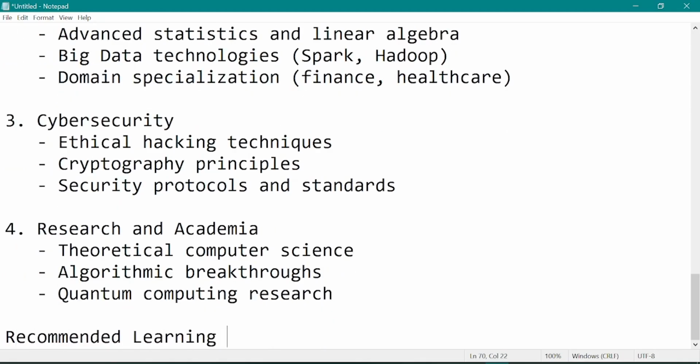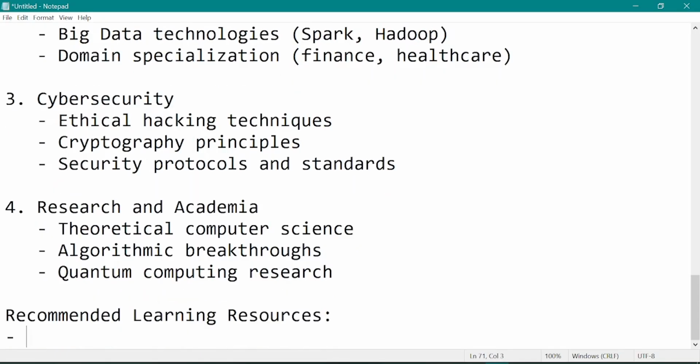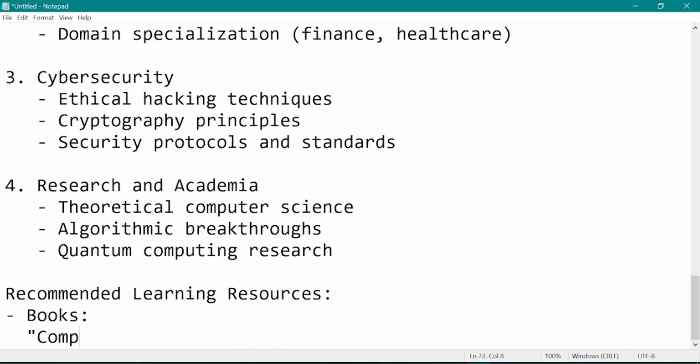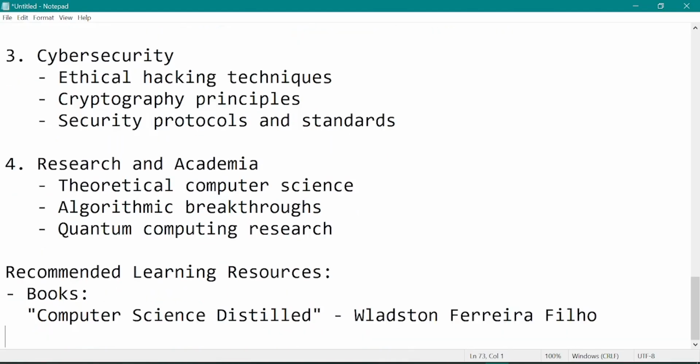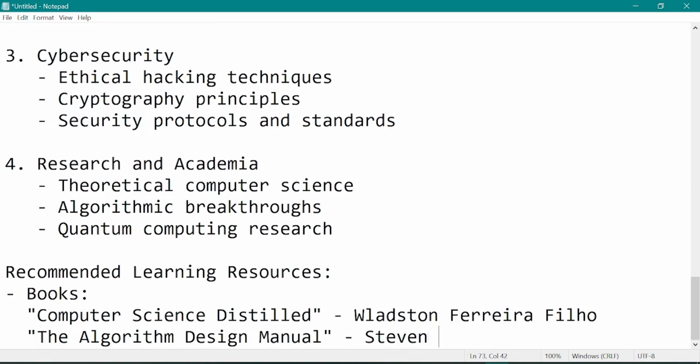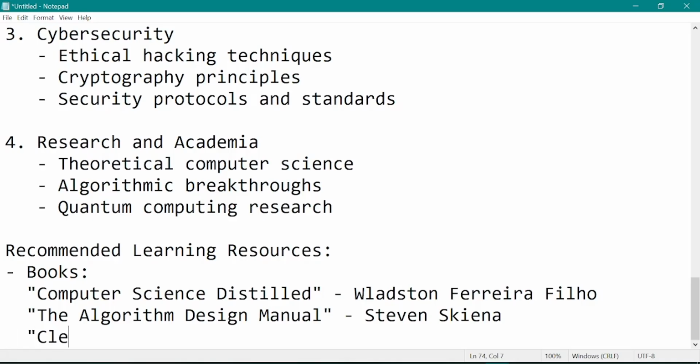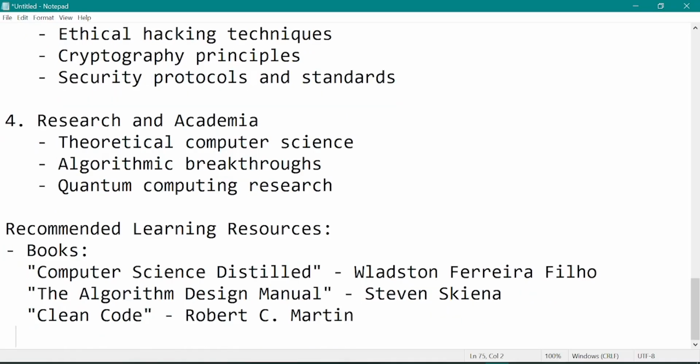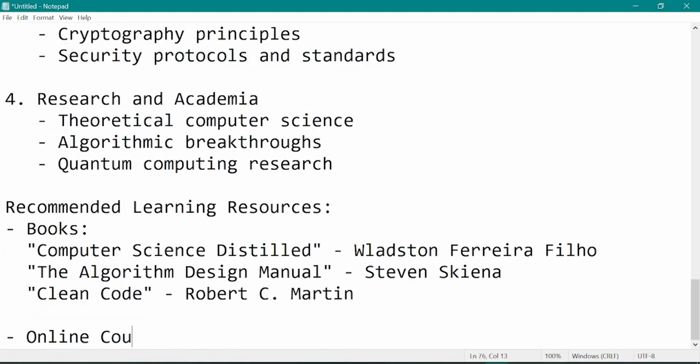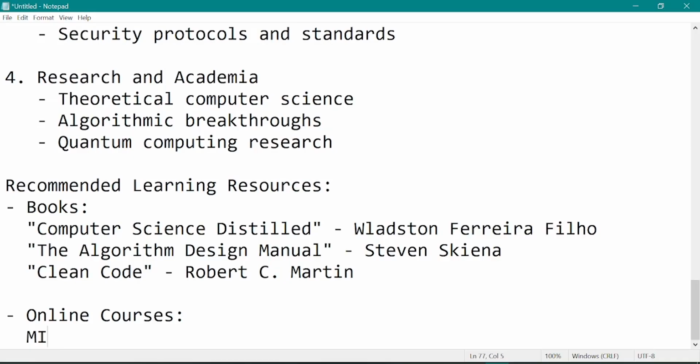These are the recommended learning resources to further your studies. On books, you can check out Computer Science Distilled by Wladston Ferreira Filho. Another book, The Algorithm Design Manual by Skiena. Another one is Clean Code by Robert C. Martin. We have other online courses such as MIT